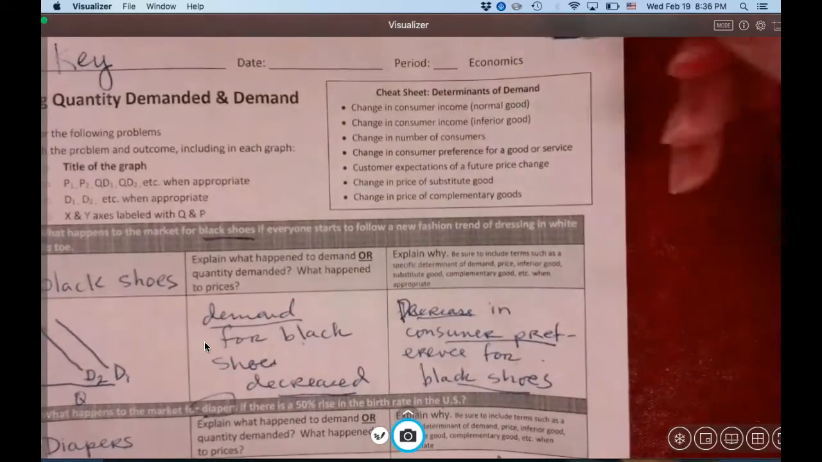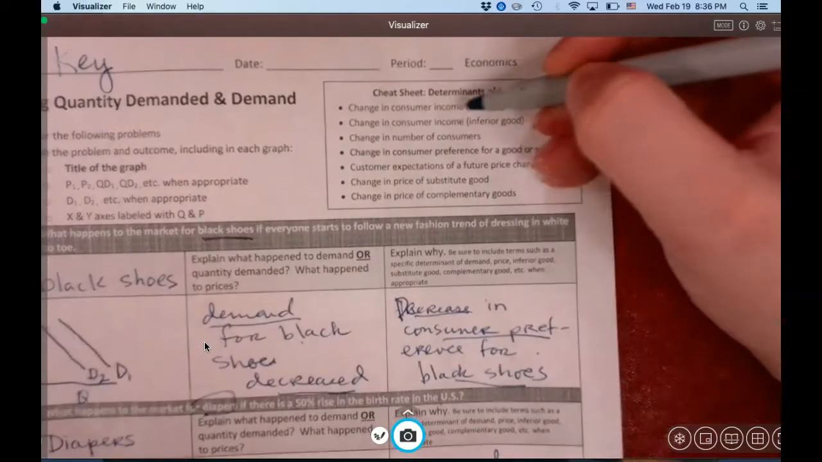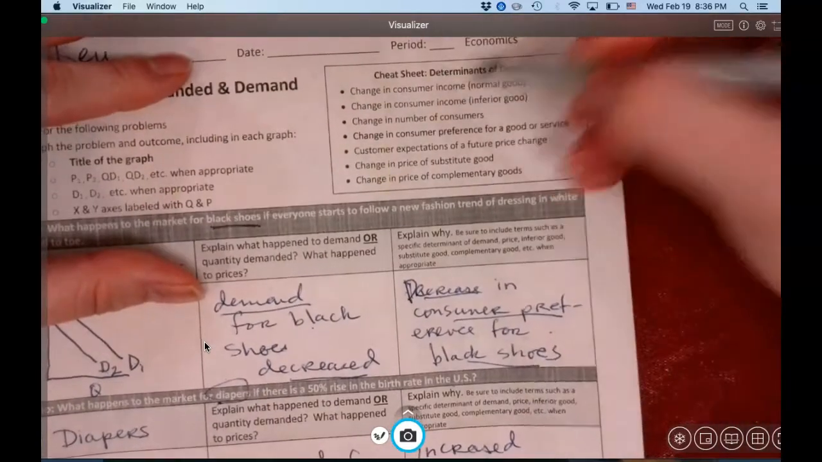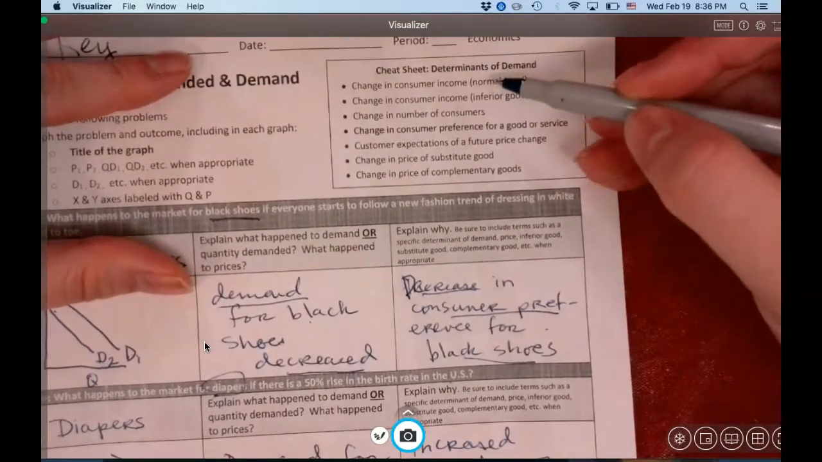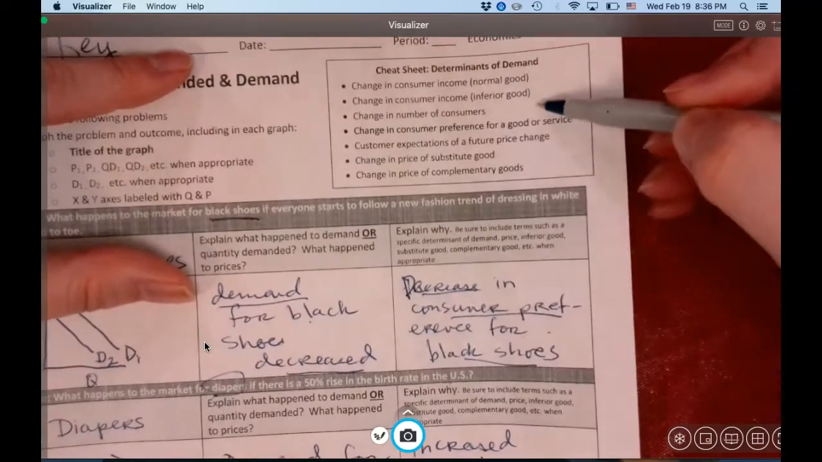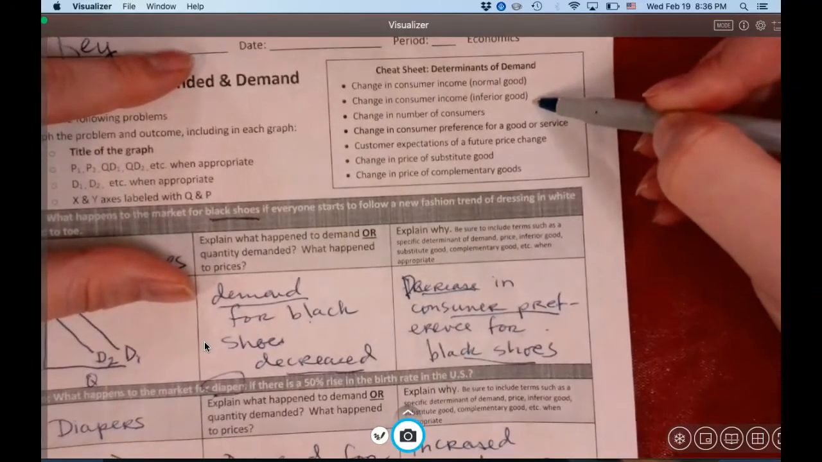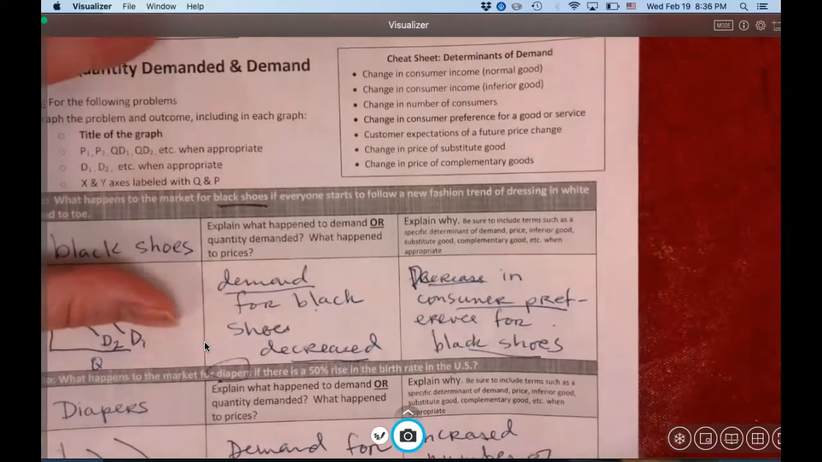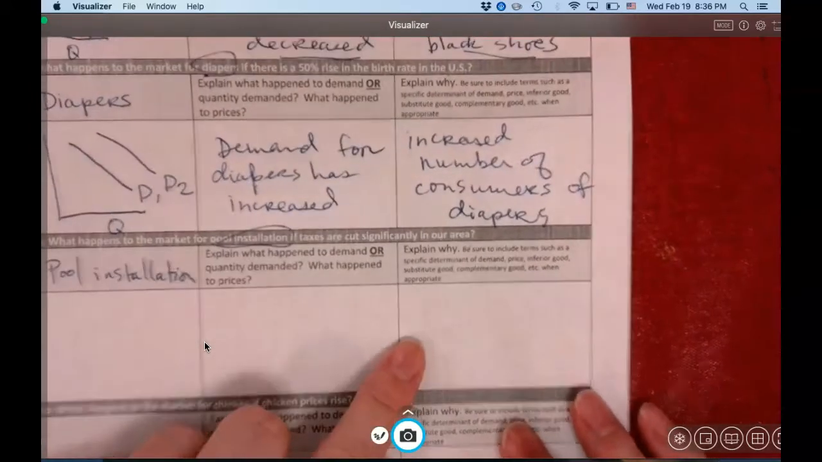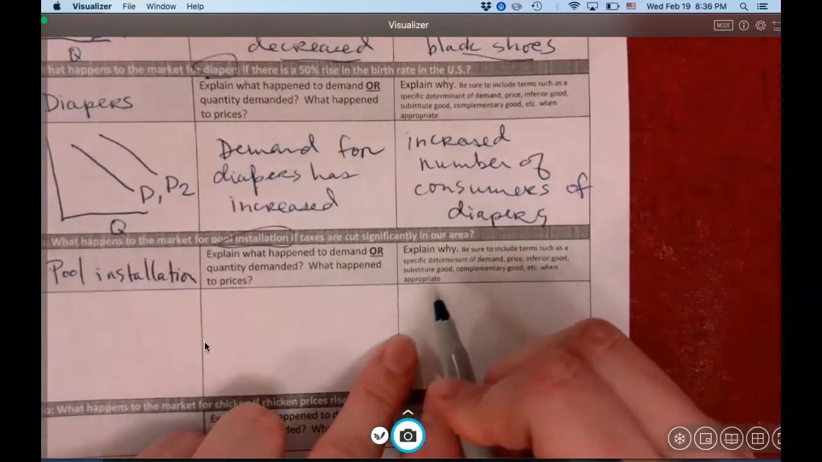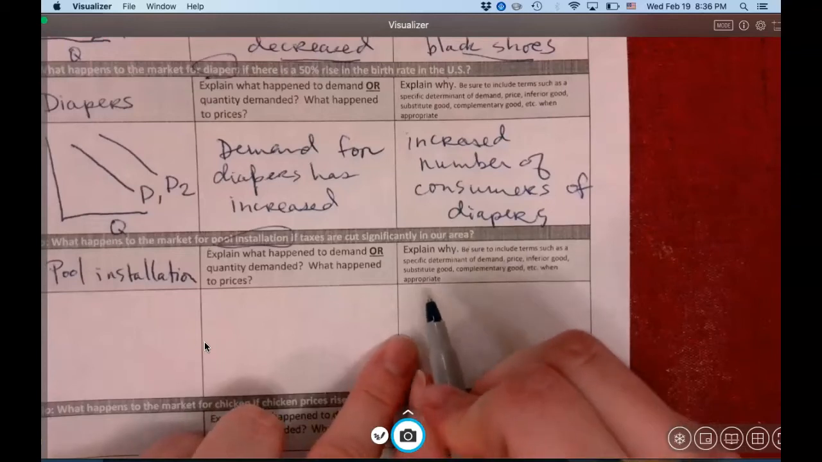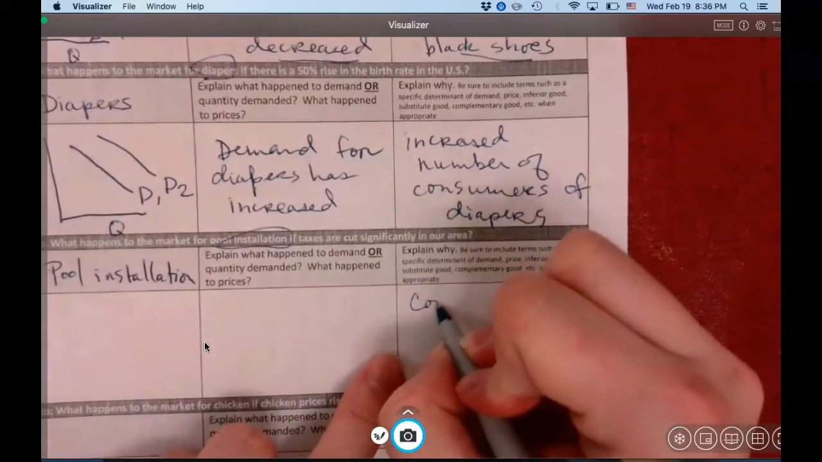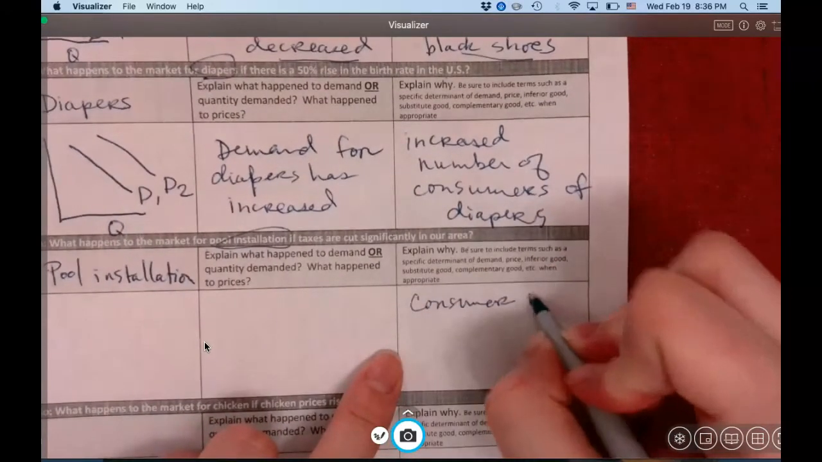Okay. Change in consumer income. Now here's the other tricky bit we've got to figure out. If it's a change in consumer income, we've got to figure out whether the item, in this case pool installation, is a normal good or an inferior good. So which is it? Pool installation is a normal good. So down here, what's happening to consumer income when taxes are cut? Consumer income